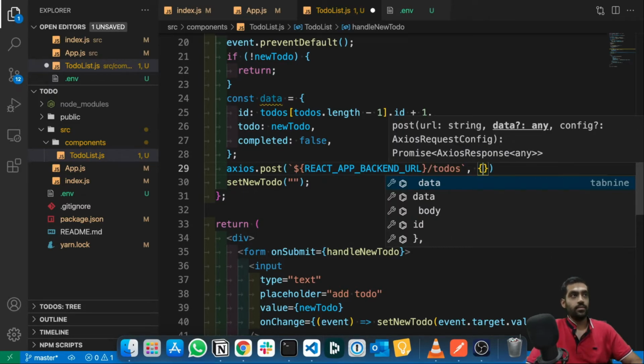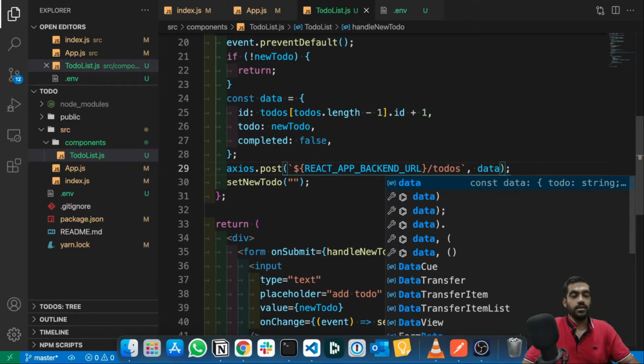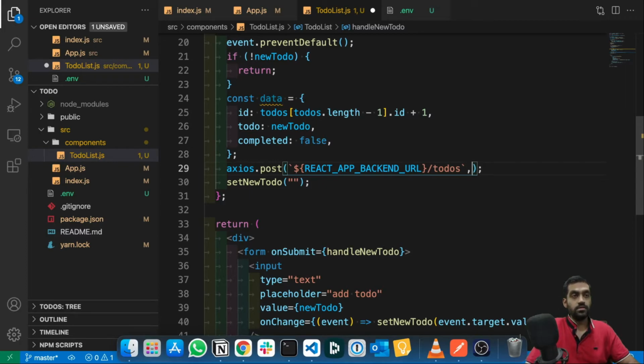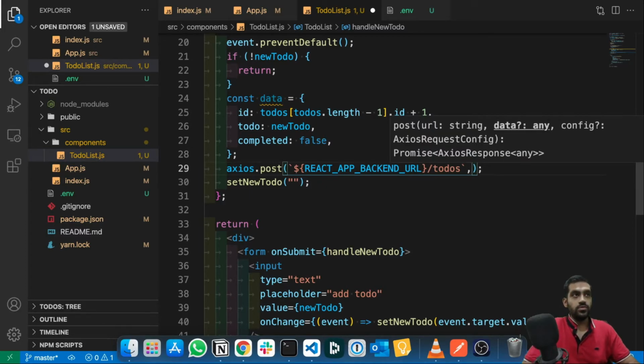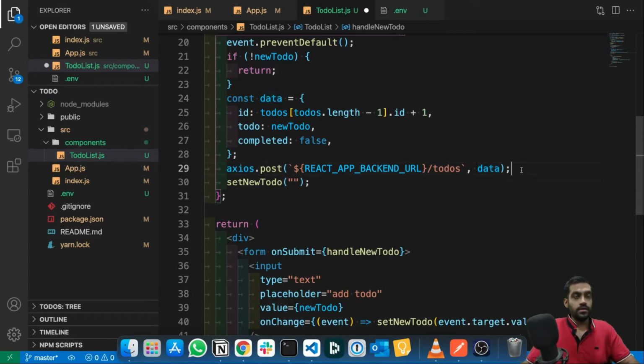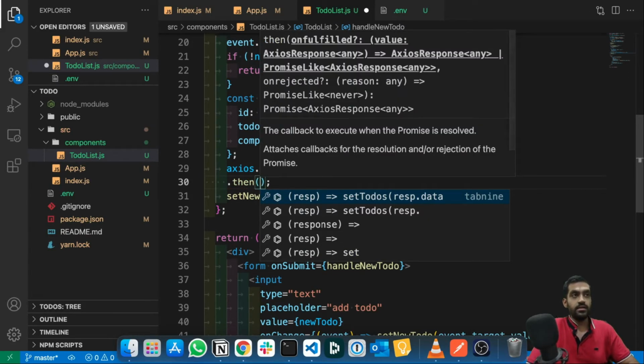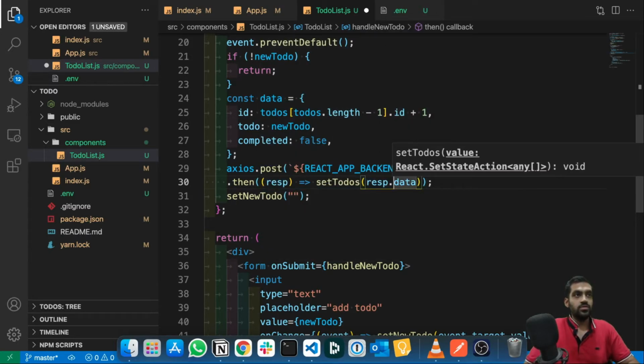Then we have to add the body, and that body itself, I guess, is we can just add data here. But let's see what Axios tells us. Yeah, data. So we can see here axios.post takes URL, which is compulsory, then data, config, and all that stuff. Okay, data is not compulsory, but we have to add data right here. Then, as we know, Axios already gives us data in a JSON format. So let's not do this.